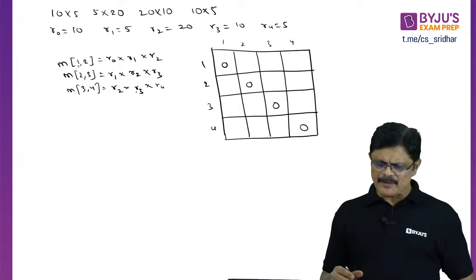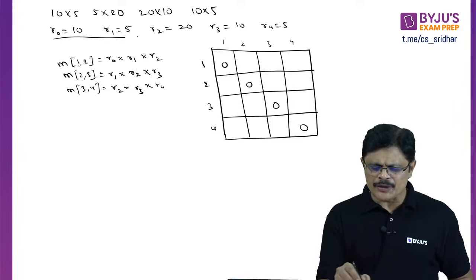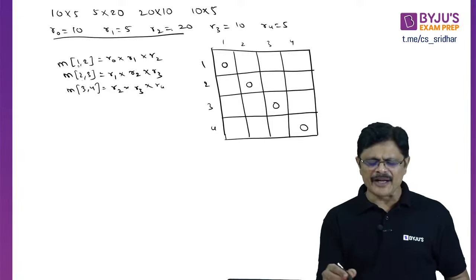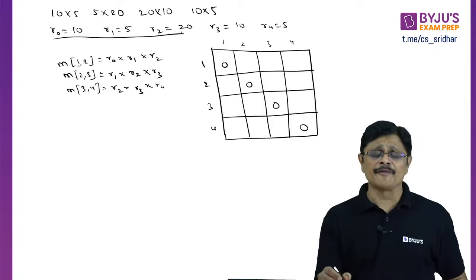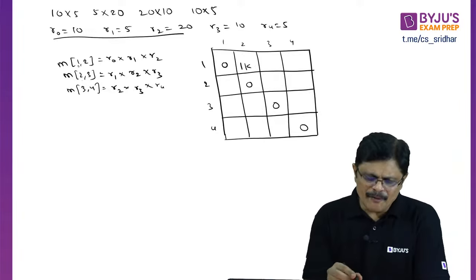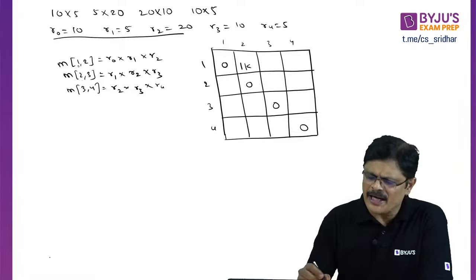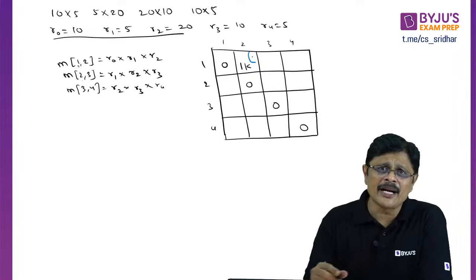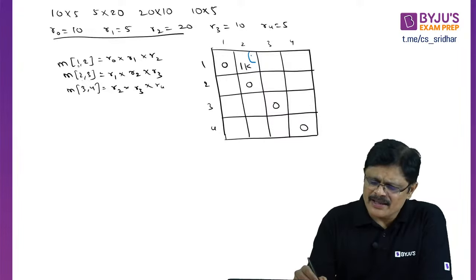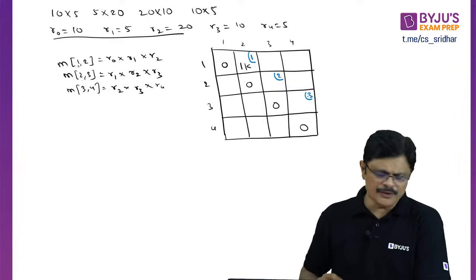First time it is very simple, sir. Filling the second diagonal. Actually the first diagonal values will be 0. The second diagonal values will be very simple, sir. Consecutive 3 numbers you multiply. 10 into 5 is 50, 50 into 20, 1000. So it is 1k. And for this, obviously first time you need to know what the intermediate matrix is. That is the value of k. The k value here is fixed the first time, sir. First time the k value will be 1, 2, 3, sir.